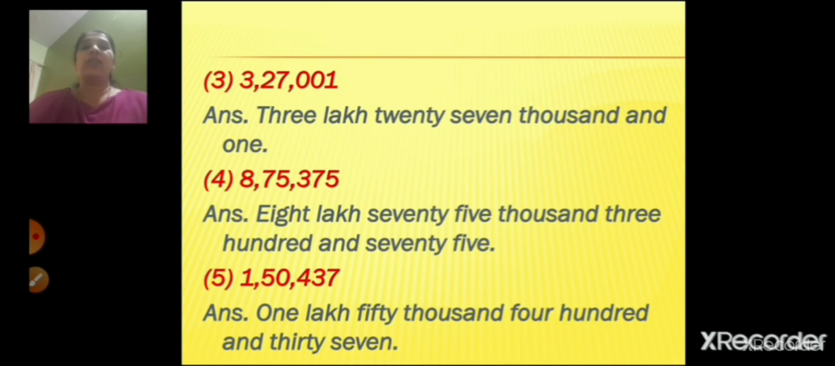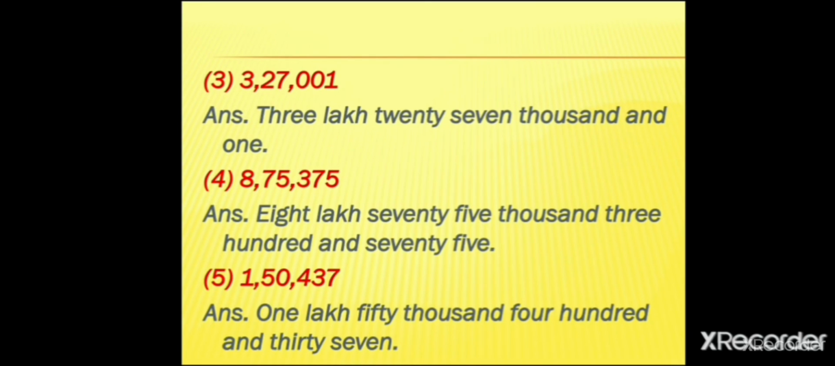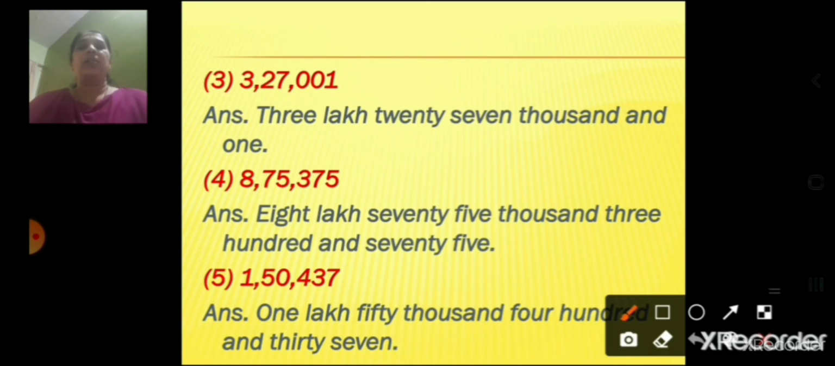327001. Now children, I have not prepared any table over here because now we will be doing it directly, right? So directly, starting from our right hand side, we can say 1 in the units place, 0 in the tens place, 0 in the hundreds place, 7 in the thousands place, 2 in the 10,000s place and 3 in the lakhs place. So we can write it as 3,27,001. Next is the fourth one,